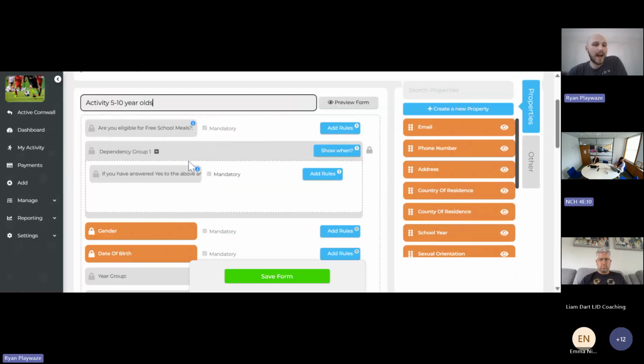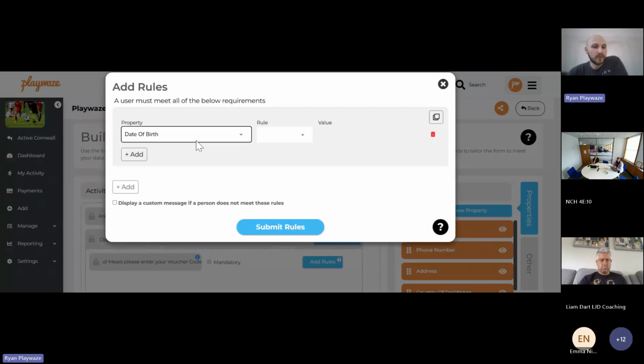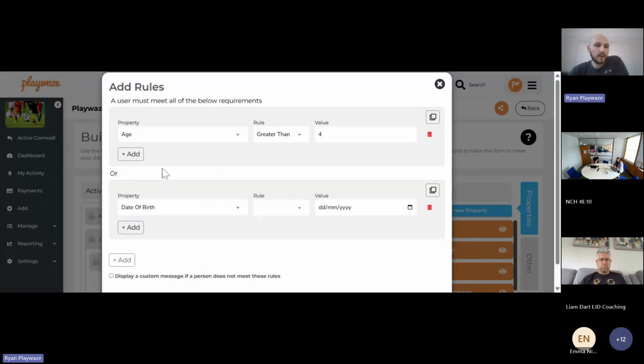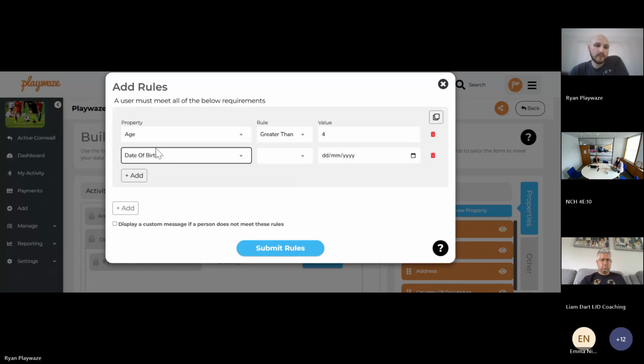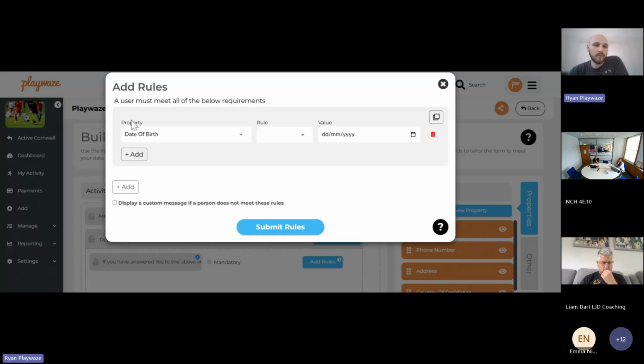And then you would want to add a rule to the date of birth field. So what you might need to do is to restrict who can book. So you can say that for someone to book, their age must be greater than 4 years old. So you'll allow 5-year-olds to book. And their age must be less than 11. If you then submitted this rule, this would allow anyone older than 4 to book and anyone younger than 11 to book. So you can restrict the bookings based on age, or you can do specific date of birth